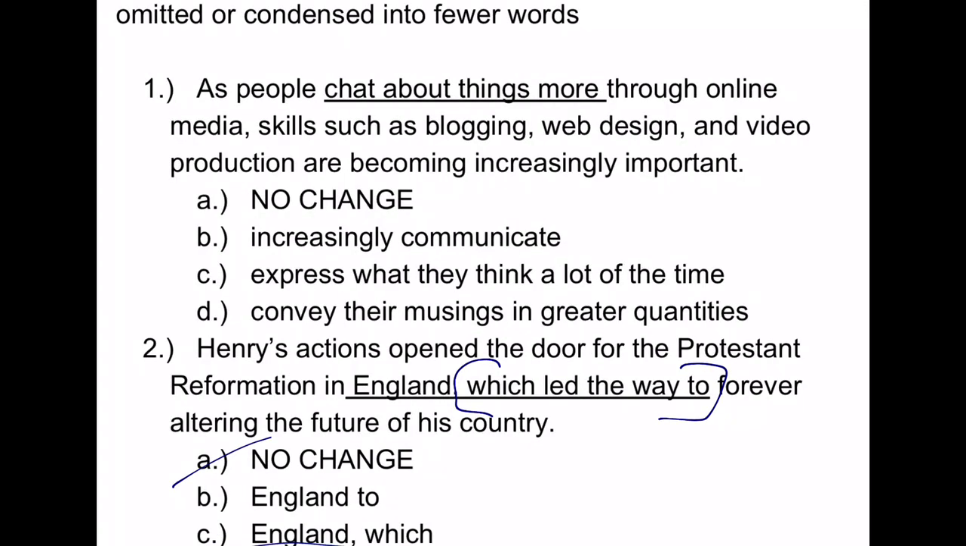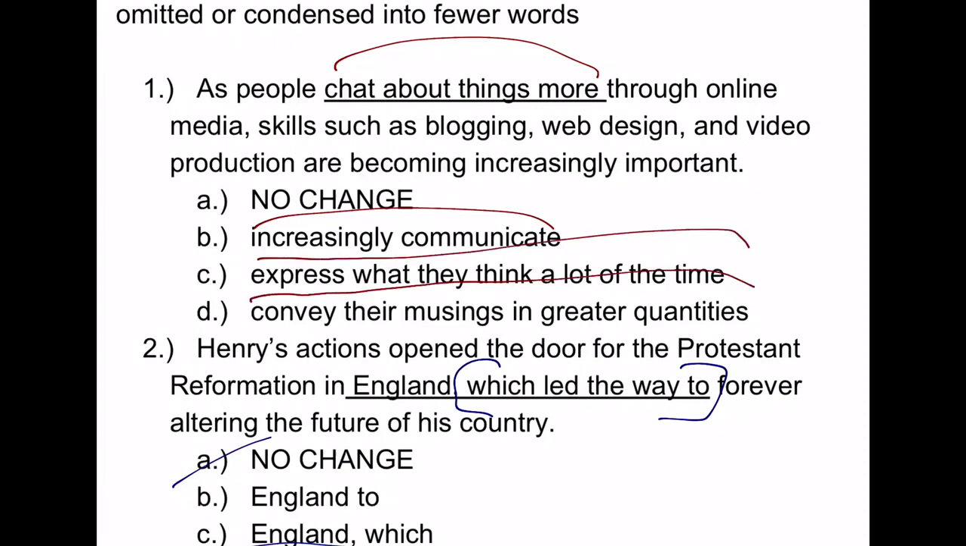Number 1, as people blank through online media, skills such as blogging, web design, and video production are becoming increasingly important. These phrases, chat about things more, increasingly communicate, express what they think a lot of the time, or convey their musings in greater quantities, really all say the same thing. All else being equal, as long as they're grammatically correct and don't add any additional details, the shortest one is going to be the better one, as a good writer is a concise writer. So increasingly communicate is the best choice here. There are some other things going on with tone, D being far too formal and A being too informal, but